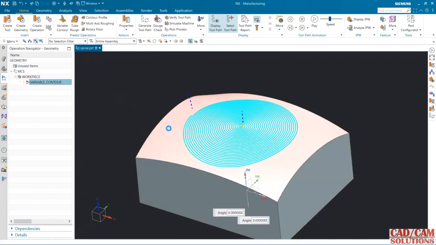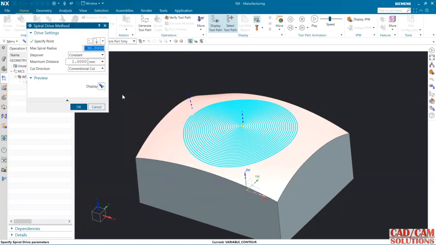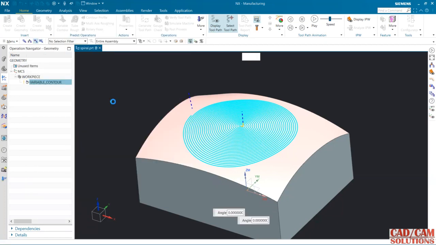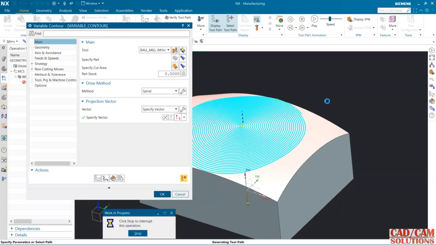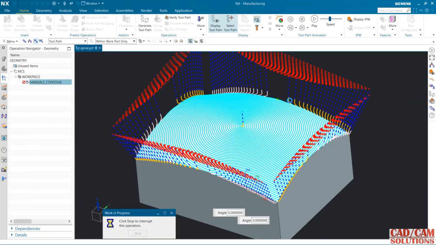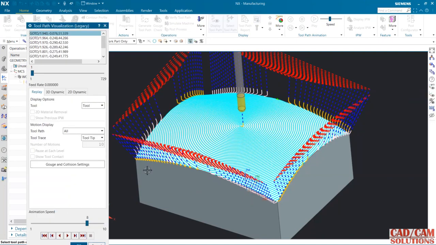And if you want to increase this size, so go to the spiral settings, this time 60 and 1, or you can change this step over, but still I'm using this 1 and generate. If it is outside from the face plate,